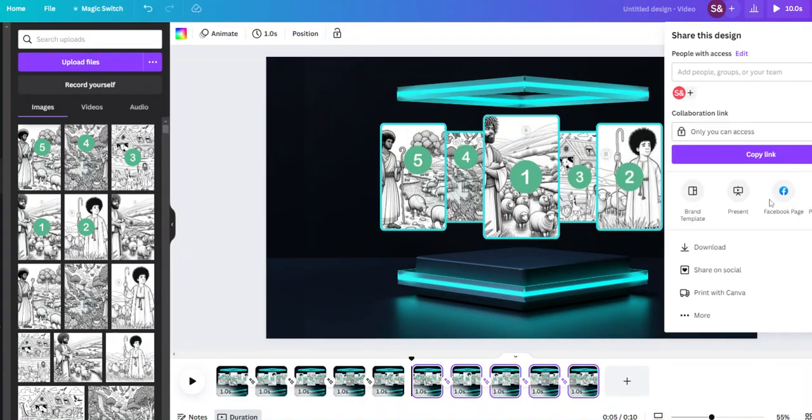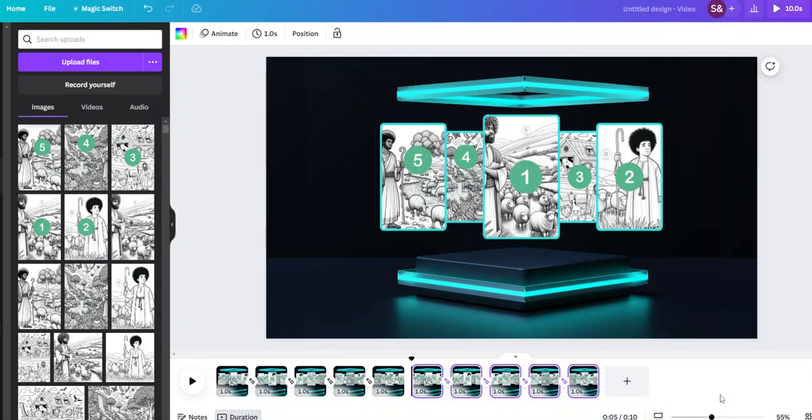So let's view it. Awesome. So there you go. The carousel video is ready, and you can go ahead and download your video and share it on your various social media